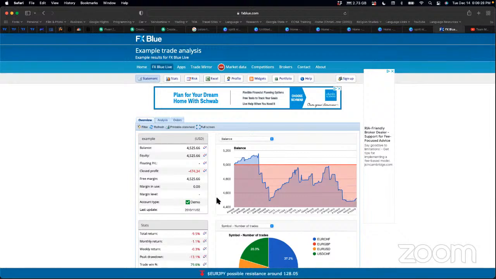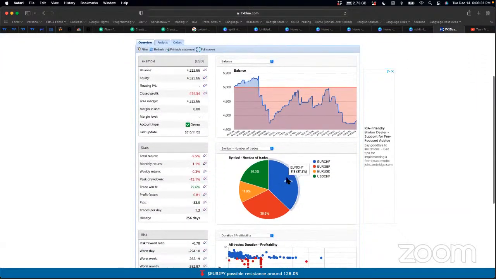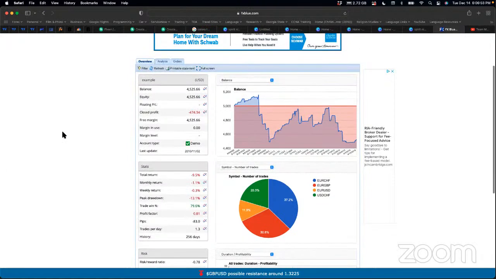And he probably didn't know that he shouldn't have been trading Euro GBP if he wanted to recover those losses. He probably didn't know that the pair that he traded the least is what he should have been trading the most in order to get back to break even. So when you're grading your trades, that's going to help you determine,